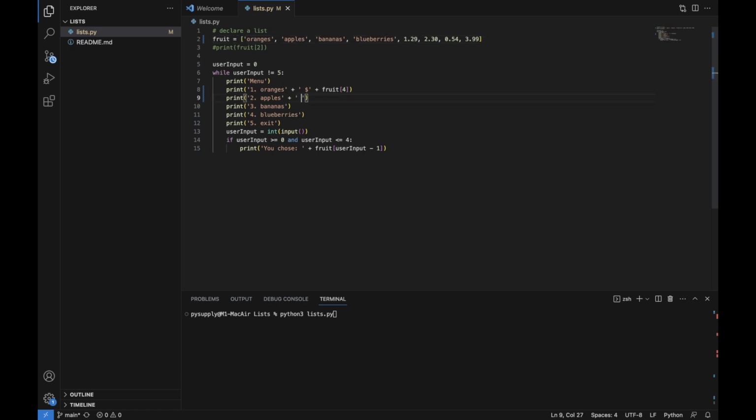I'm going to say an apple is fruit at the index of 5, which is $2.30. A banana at the index of 6, which is 54 cents. And a, oops, did that backwards. And the blueberries, which is fruit at the index of 7,